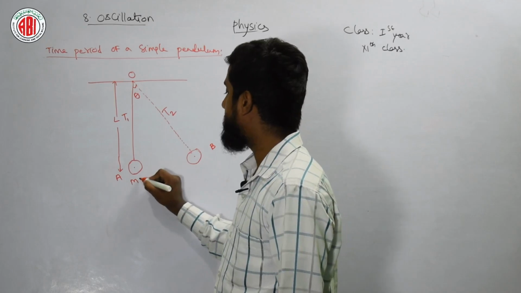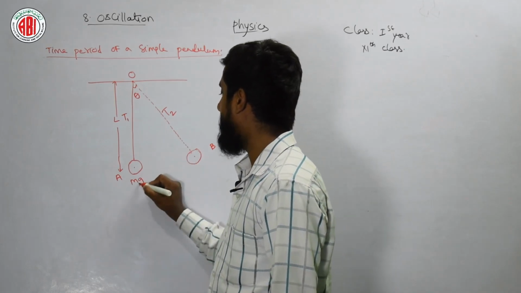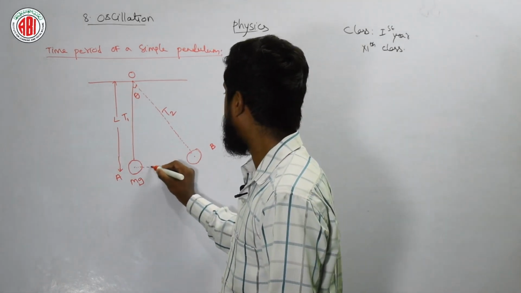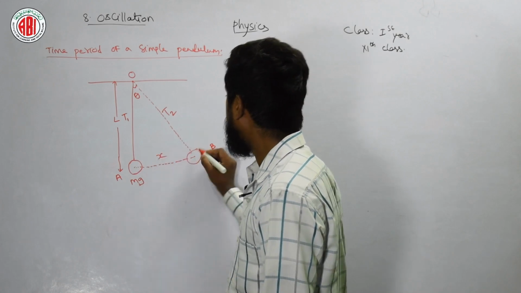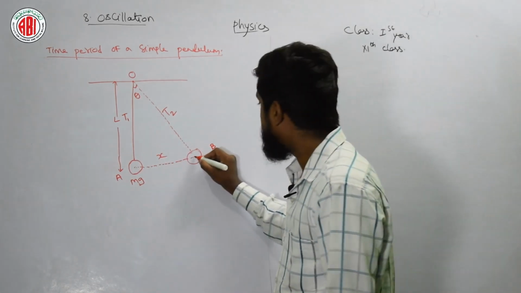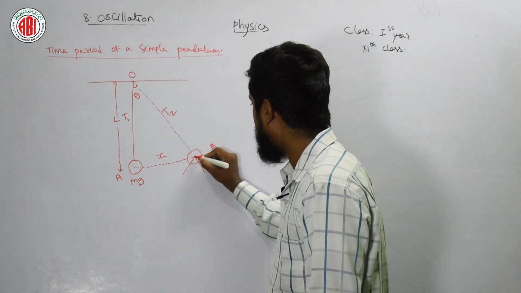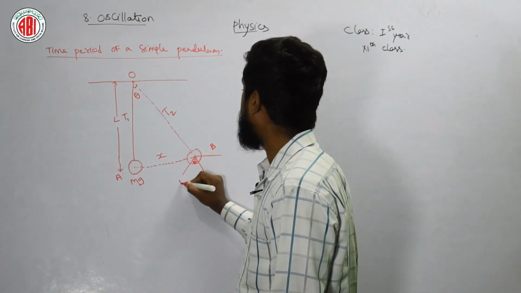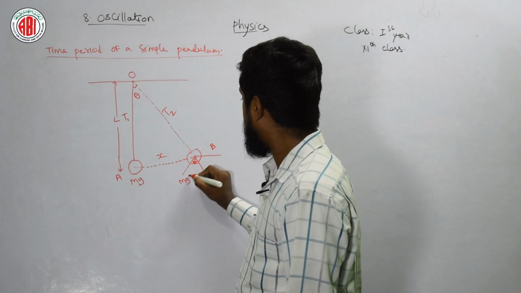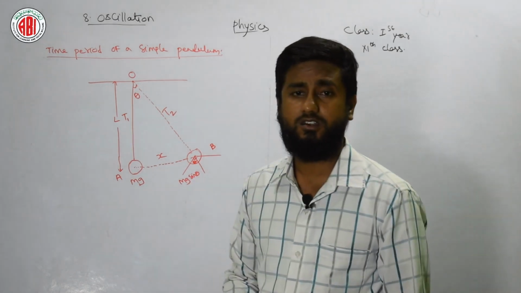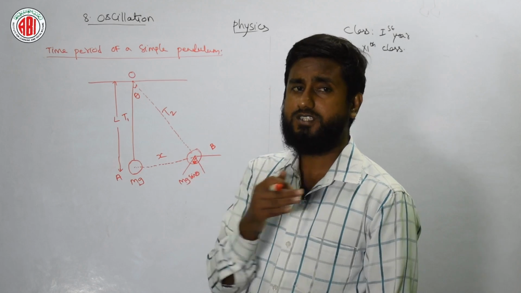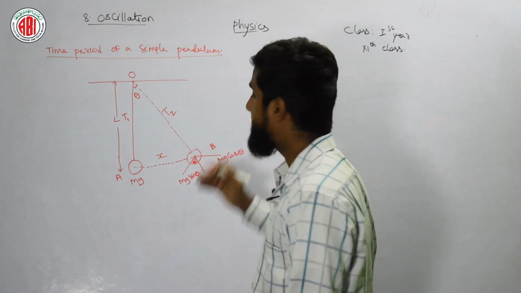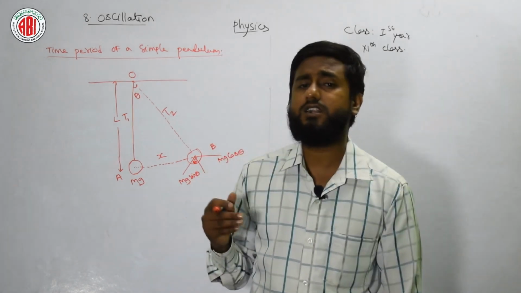Usually this is considered as the weight of the bob, mg, mass into gravitation. Now suppose this bob is displaced by a distance, we can say x distance. Okay, and it will reach that point, and it is also making a theta, and this weight will split into two components. Like always we do in physics, you know that, vertical component and horizontal component. Vertical component here we can say is mg sin theta, whereas the other component is nothing but mg cos theta. So we need to be careful about these things while we are deriving.